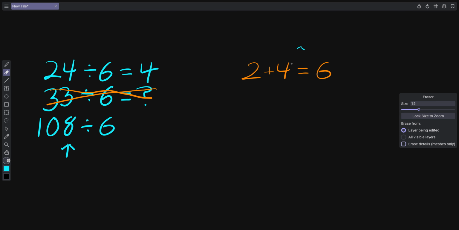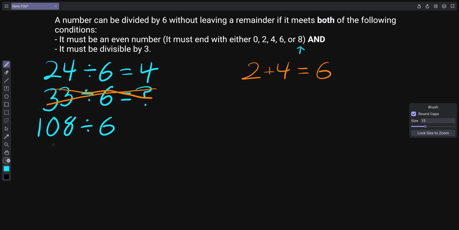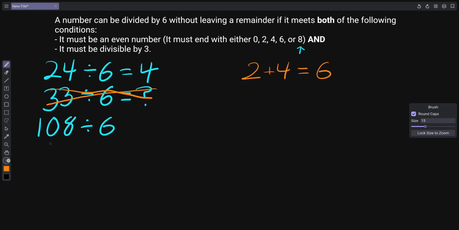So we know that we can evenly divide 2 into it at least, but can we evenly divide 3 into this number? Well, let's take these 3 digits. Let's take 1 and 0 and 8 and